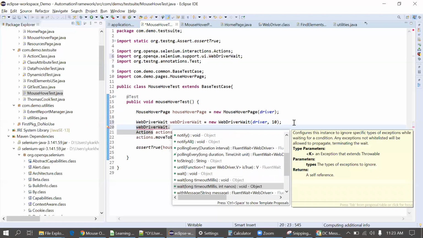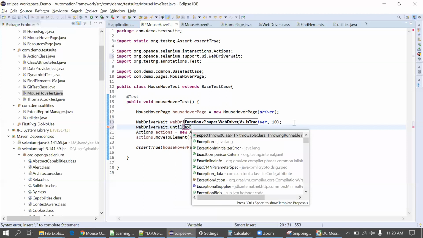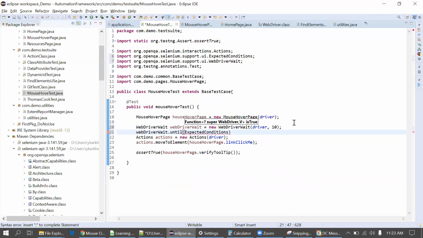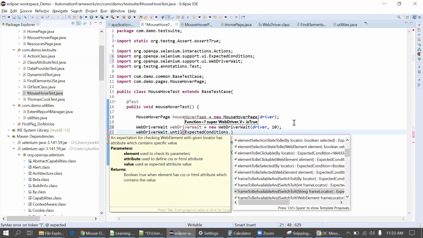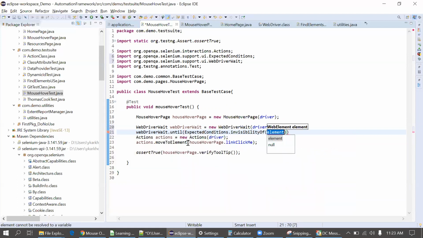The syntax: wait.until, ExpectedConditions, dot, visibilityOf the web element. So which element? This element. Simply put semicolon here. So it will simply wait to load this element and then we'll go ahead.